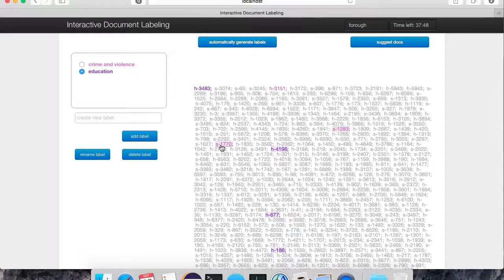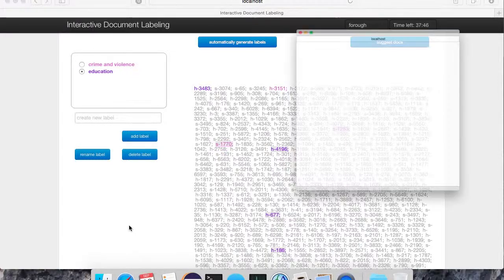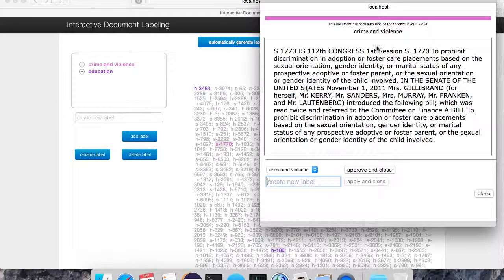So for example, if I click on this document, we will see that this document has been auto-labeled with crime and violence, and the confidence level is 74%. So the automatic labeler thinks that this document should be labeled with crime and violence with 74% probability. So now what we can do is that we can either approve this label